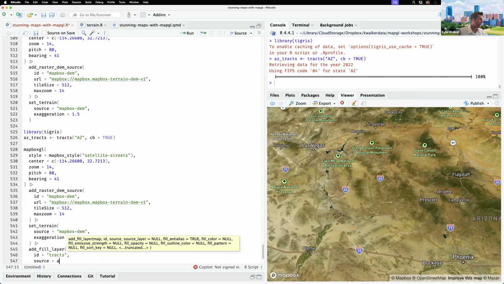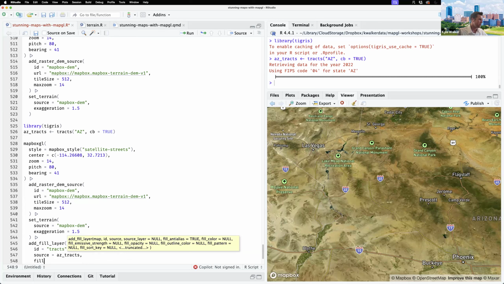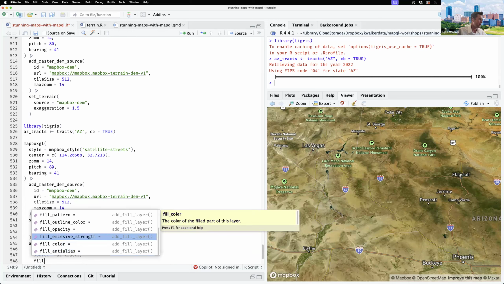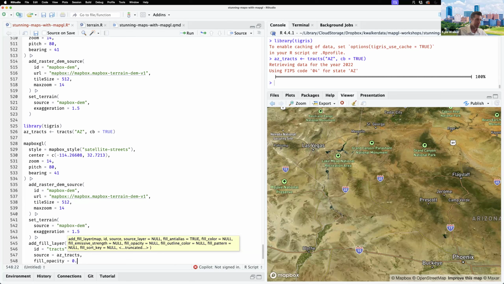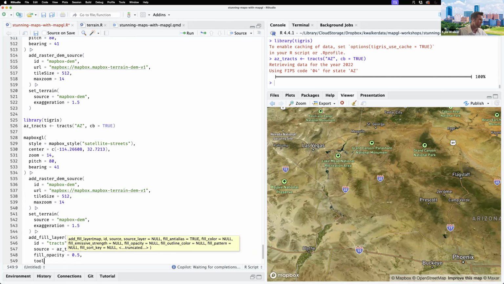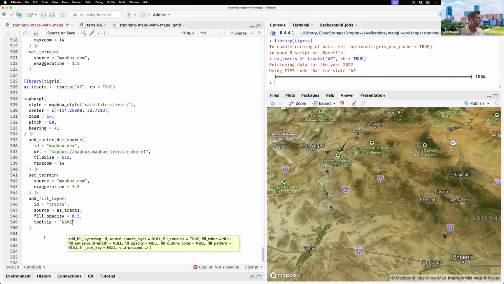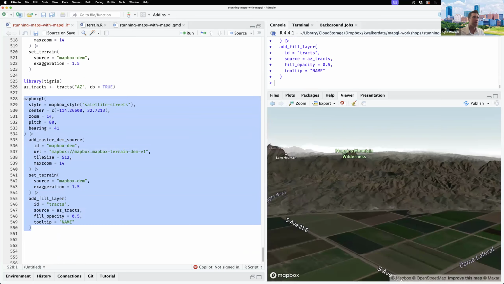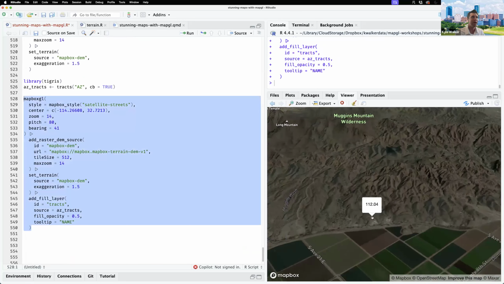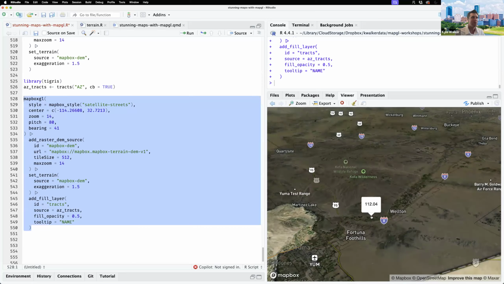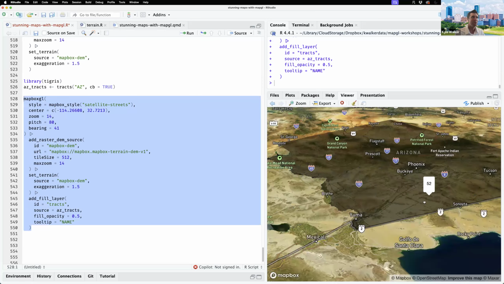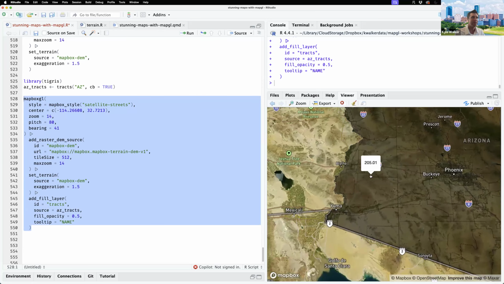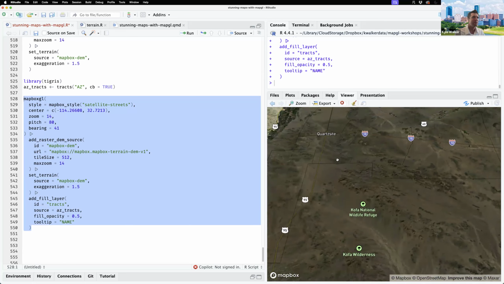The source is going to be my AZ tracts. Let's give it a fill opacity of 0.5. And let's do the tooltip as the name column. So let's go ahead and try this out and see what we get. I'm going to run this through, and you'll see that what you have is a black overlay where we see all of those census tracts now in Arizona. But if we zoom in,